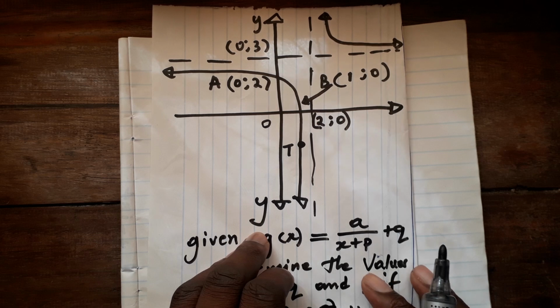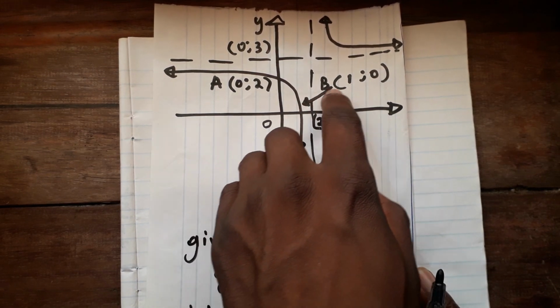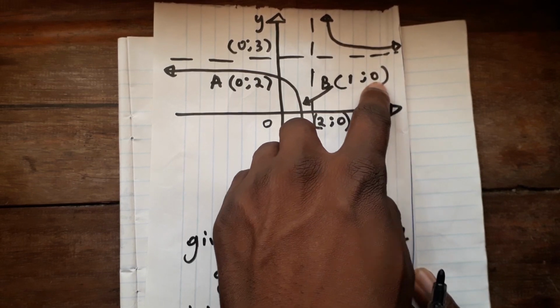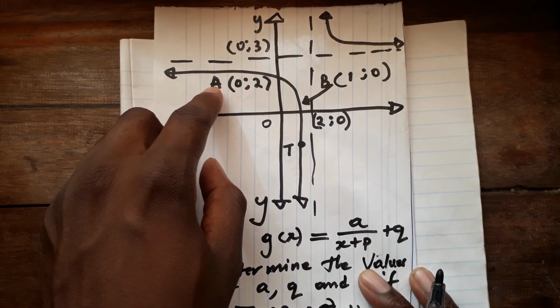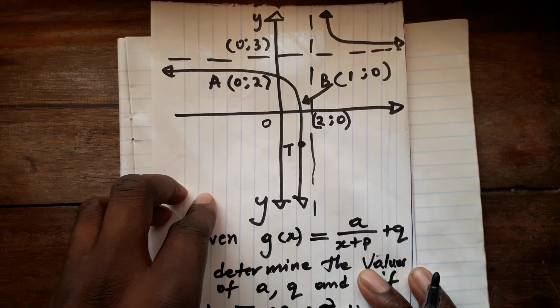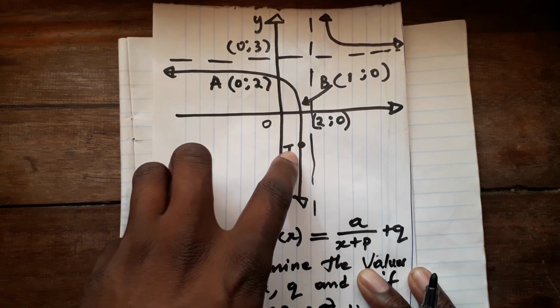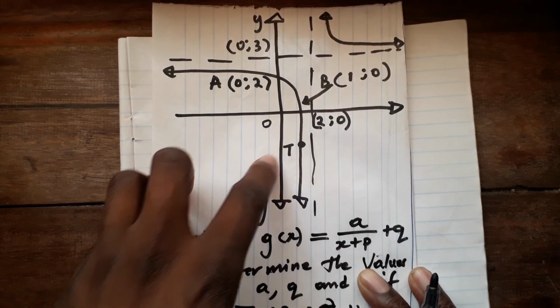And then what about the x-intercept? The x-intercept is B, which is 1 and 0, and the y-intercept is 0 and 2, which is point A. And then additionally, you've been given the coordinate of the point T, which is